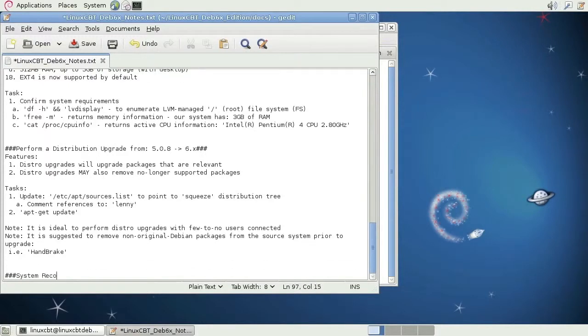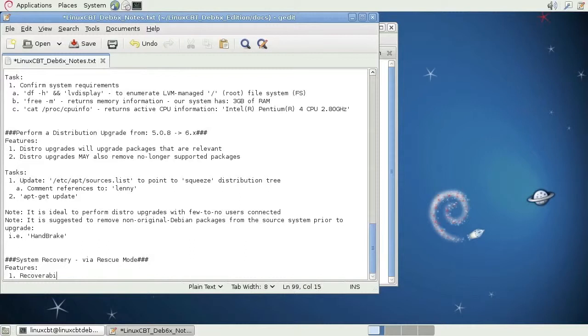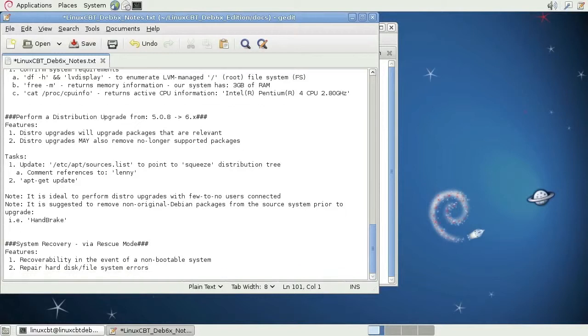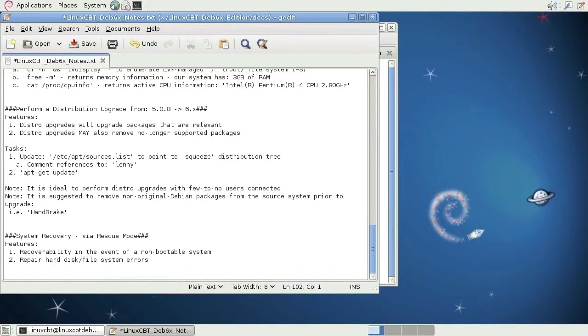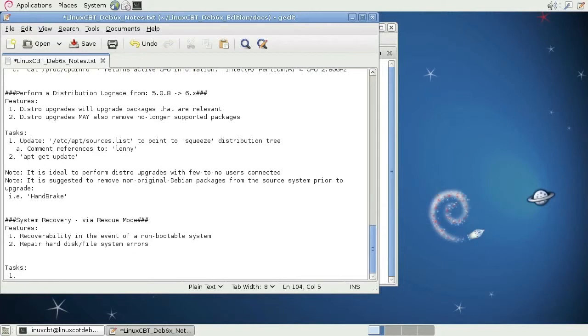So system recovery via rescue mode. A number of things can go wrong to prevent your system from booting. So this features largely recoverability in the event of a non-bootable system, and also the ability to repair hard disk and file system errors in the event that they occur. With modern file systems like ext3 and 4, errors are few and far between, but nonetheless, every now and again, especially as your disks approach or start to show signs of aging, it becomes more and more of an issue, of a concern. So, with that said, let's define some tasks surrounding how we can corrupt our system to prevent